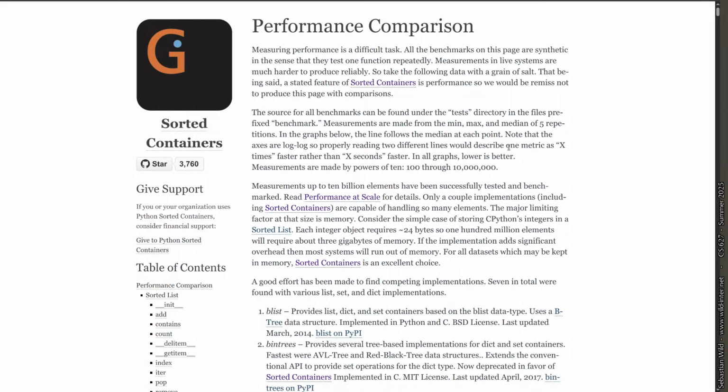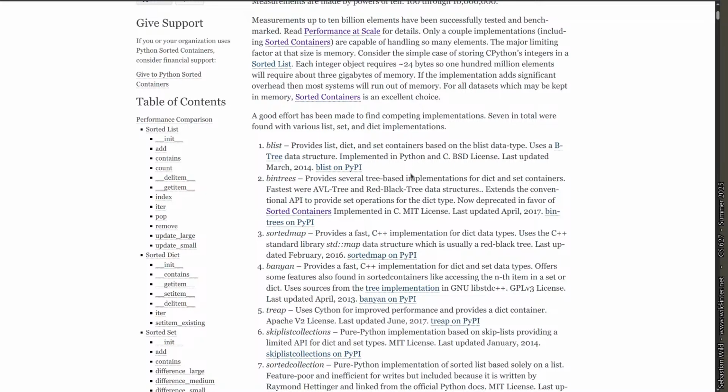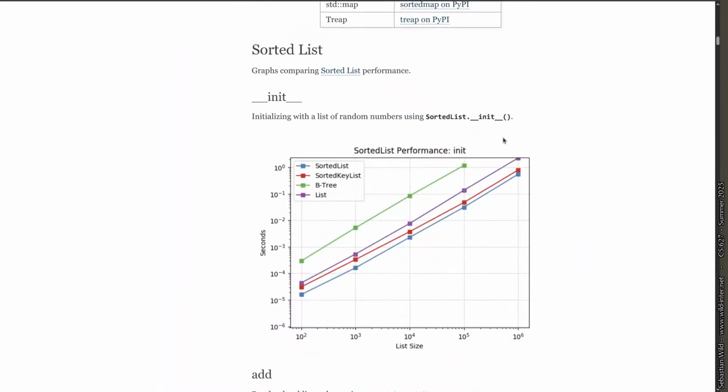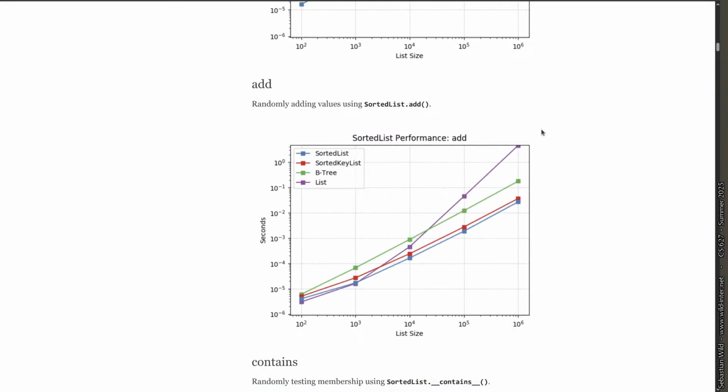Now there are extra libraries that add sorted dictionaries, in particular the sorted containers one. But they don't build a binary search tree or any tree structure. They essentially have a list of lists, and that's all. So you could say it's a B tree with height 2. But each of the parts is just a doubling array. And they claim that this is faster than any other option. And it kind of is, especially if you only read, because it's so fast.